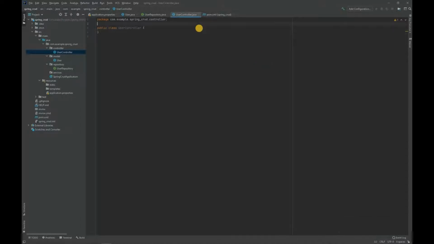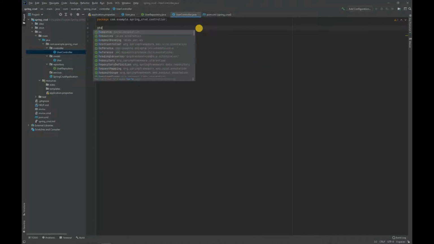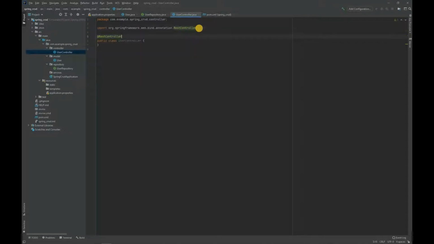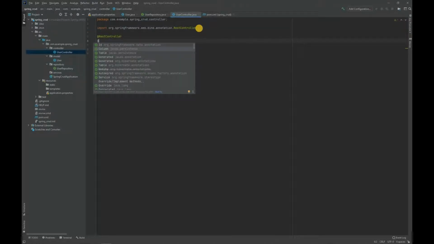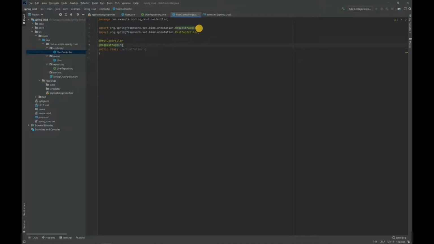and let's just add some annotations here, like RestController and RequestMapping, which is basically the initial start after your base URL, which is of course localhost colon 8080. Let's just call it API. Now